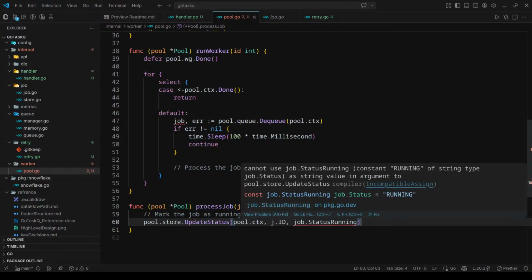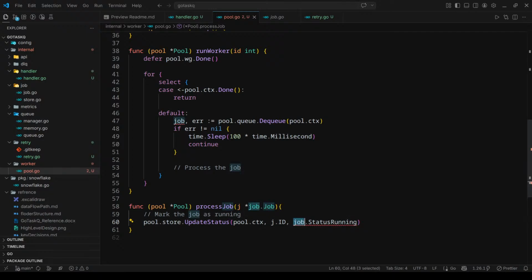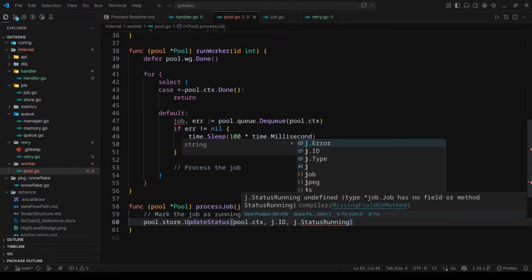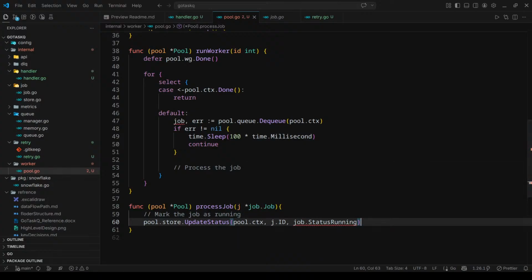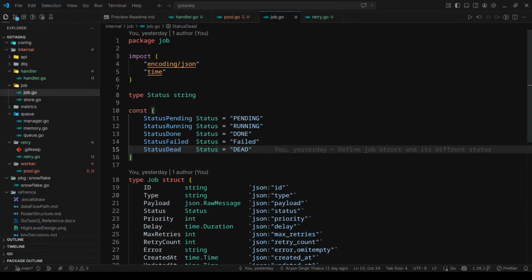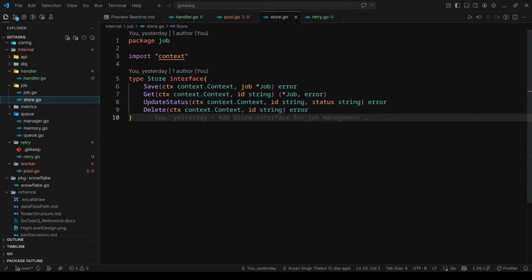Cannot use constant running of type string or string type as string value in argument to pool or stored. Why can't it use, sorry, j dot status running? Nah, that should not be. Job dot status running, this should work. Like, I think it's a const. We need to update the store to use const id, const string. Is